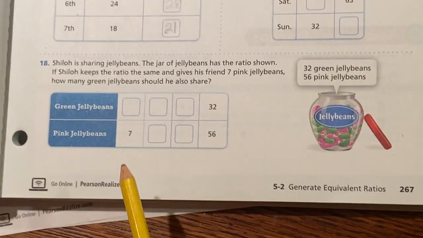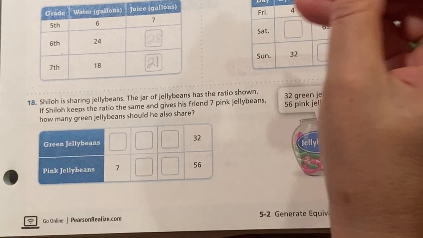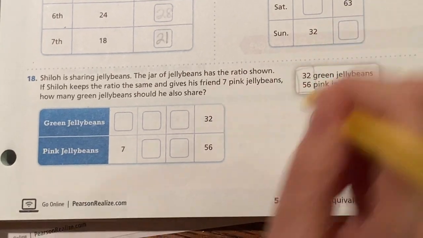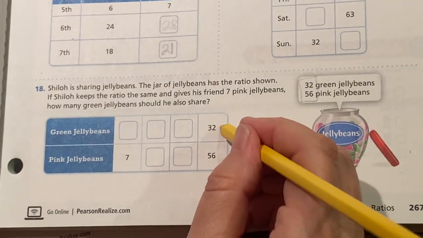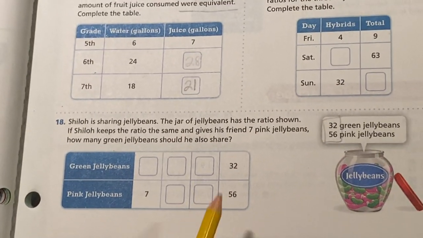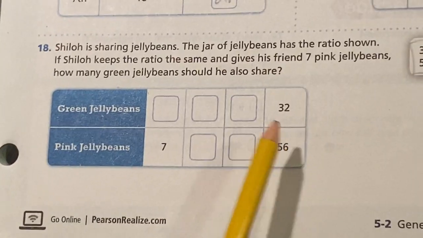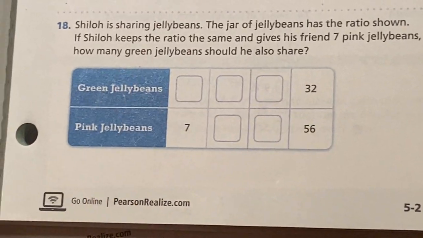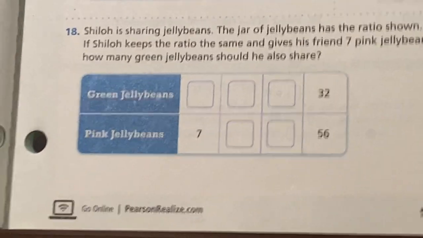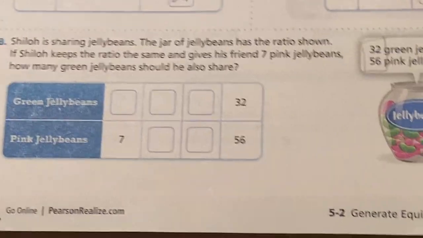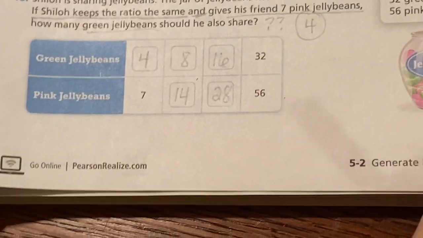Okay, so we're going to try to ignore how goofy that is. And this is the original ratio, 32 to 56. It's here in the table. So using that same logic, in this case, it looks like you're going to be dividing, to find the missing values in that table. So pause the video here, and I want you to do these 2 problems on your own. Start it up again when you're ready to check your answers. Okay, so